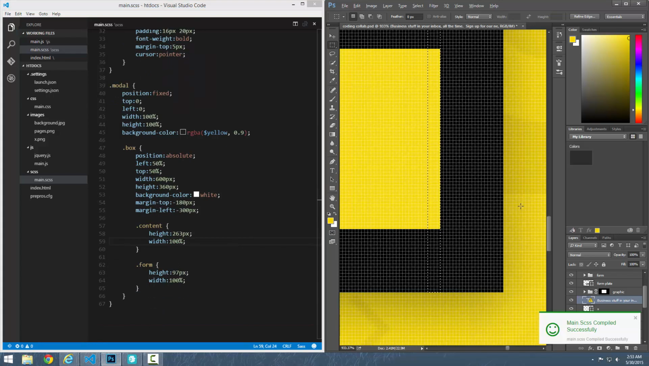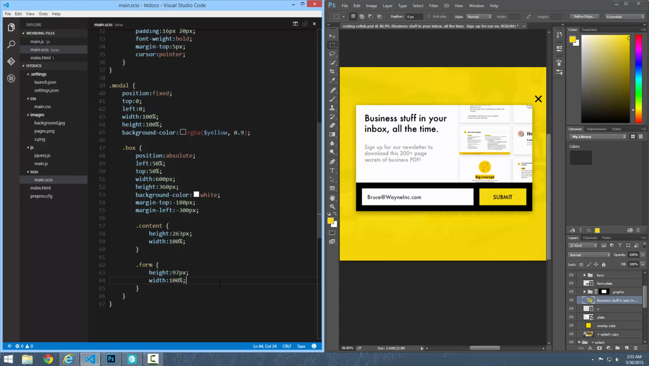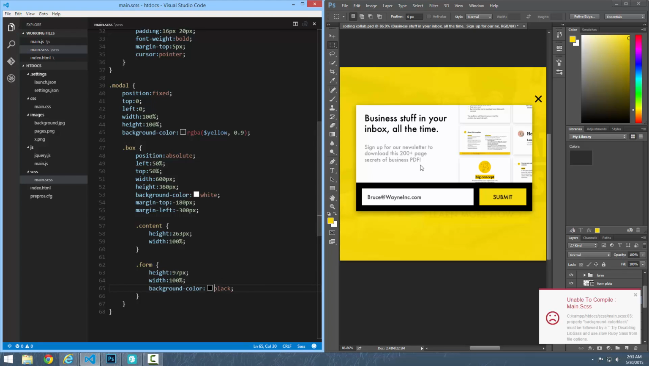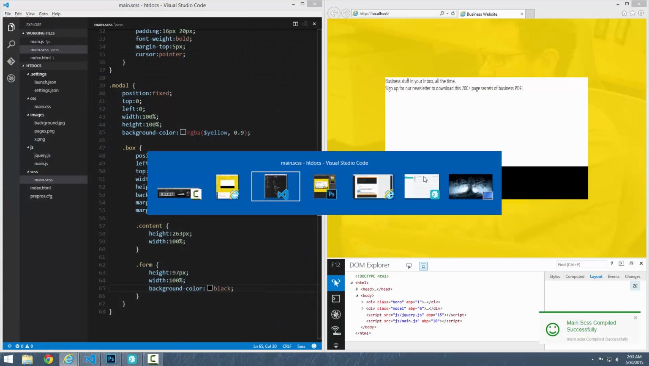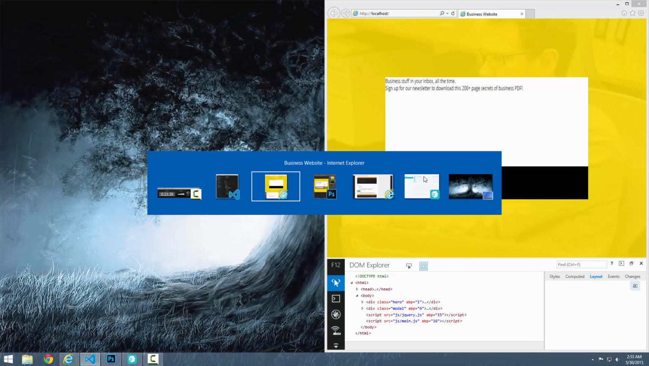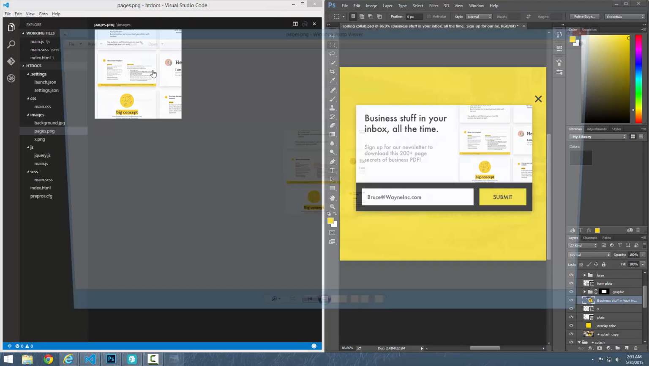Now if we zoom out here, you'll notice that we have black behind the form elements here. So I'm going to just set a background color of black. Oops. So now if I come back here, we'll have the form section at the bottom. And then if I come into pages here,